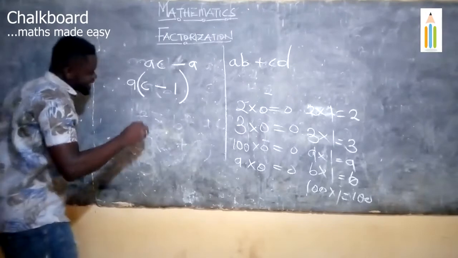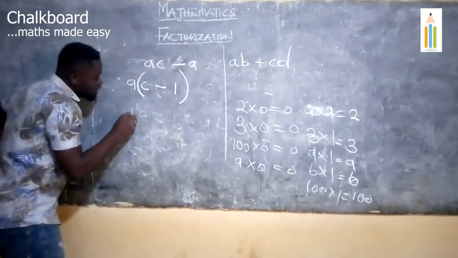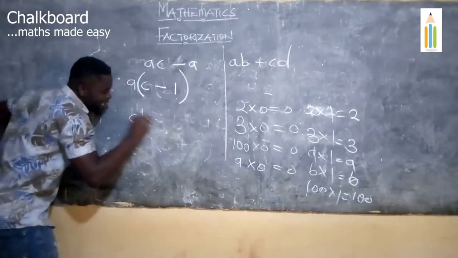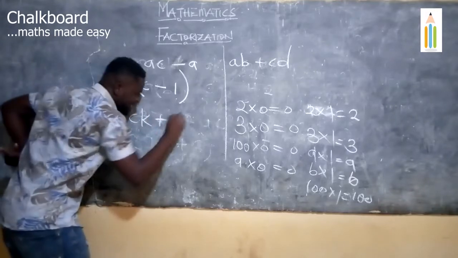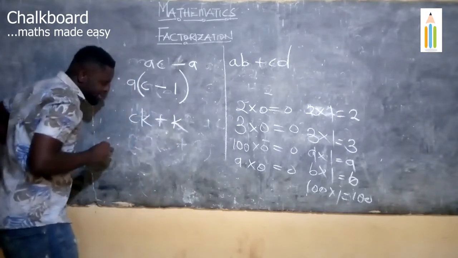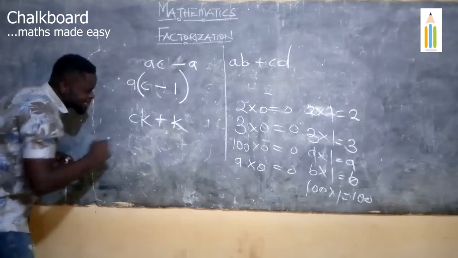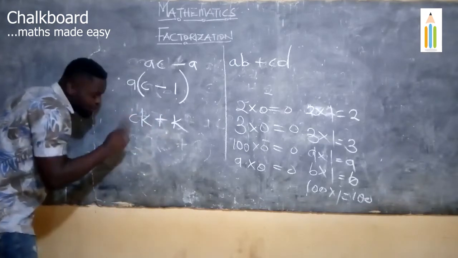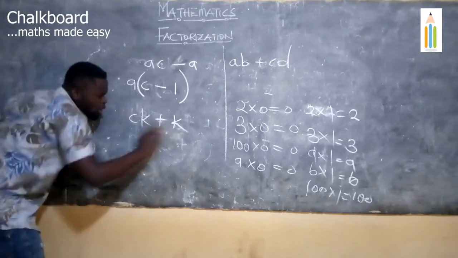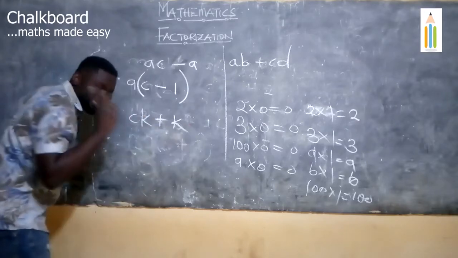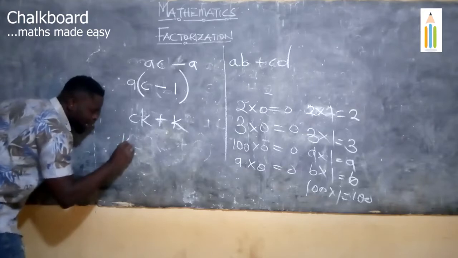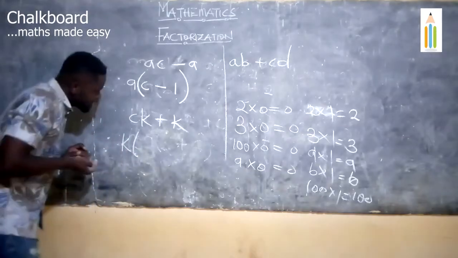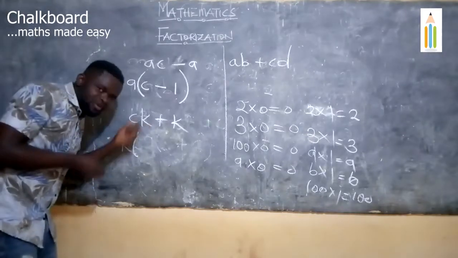Now let's take another example, a clear example like this. So we have CK plus K. Now we can see clearly that this term here is only one, that is K. And this term we have two of them, we have C and K. And the most common one in CK and K is K. So that common one will come out. Now K is out, so what will be left here? We are left with C